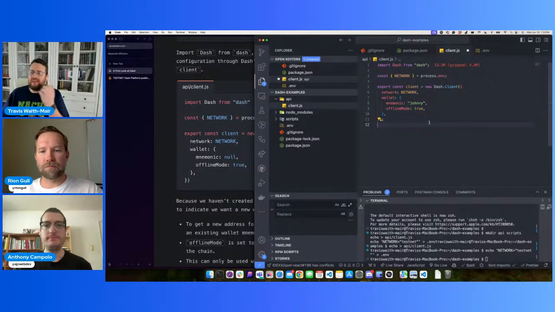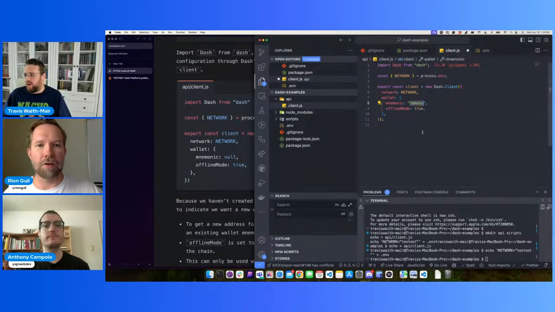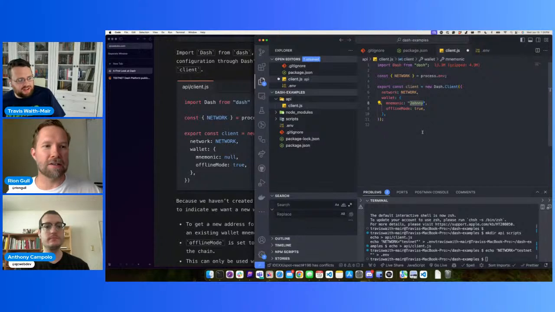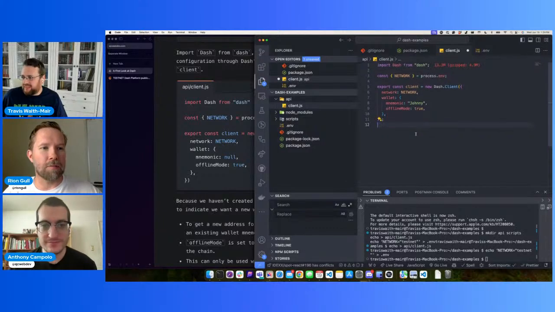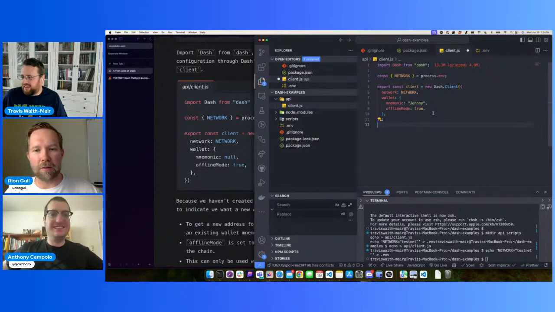Oh, so, okay, that makes sense. So you would definitely not... I have Johnny there on mainnet. If you had funds on this, you wouldn't want to share your mnemonic. That's the one thing that you want to keep very close to the vest and not let anybody know, or